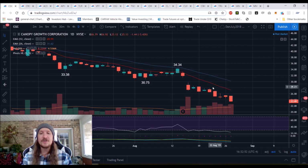So the fear is still certainly high. The despair is out there. There's people throwing in the towel. That happens every cycle. We flush out those who don't want to do it anymore and stopped having fun, and then we see a shift in sentiment. So we've been looking for that shift in sentiment for a while. We haven't gotten it,